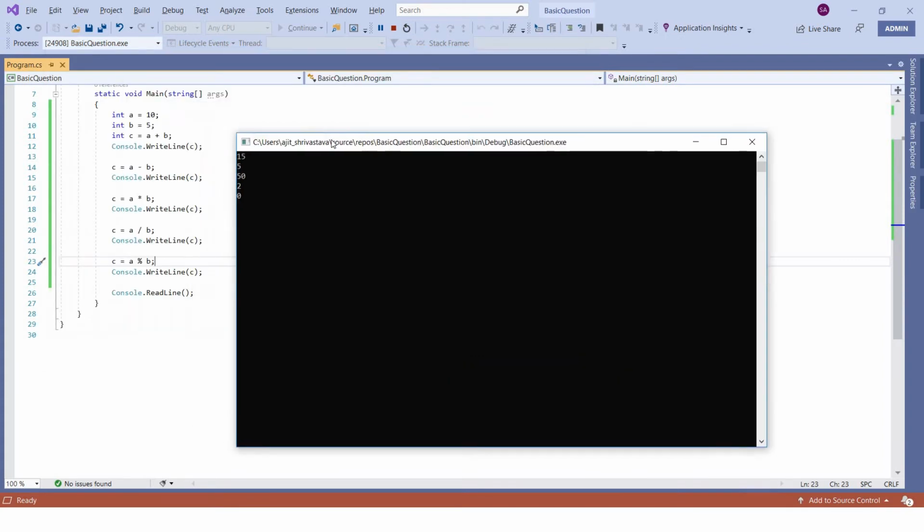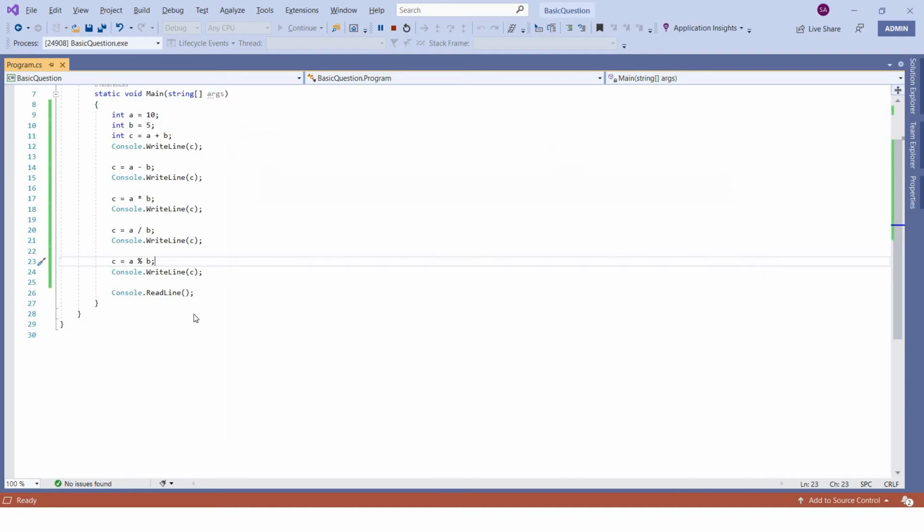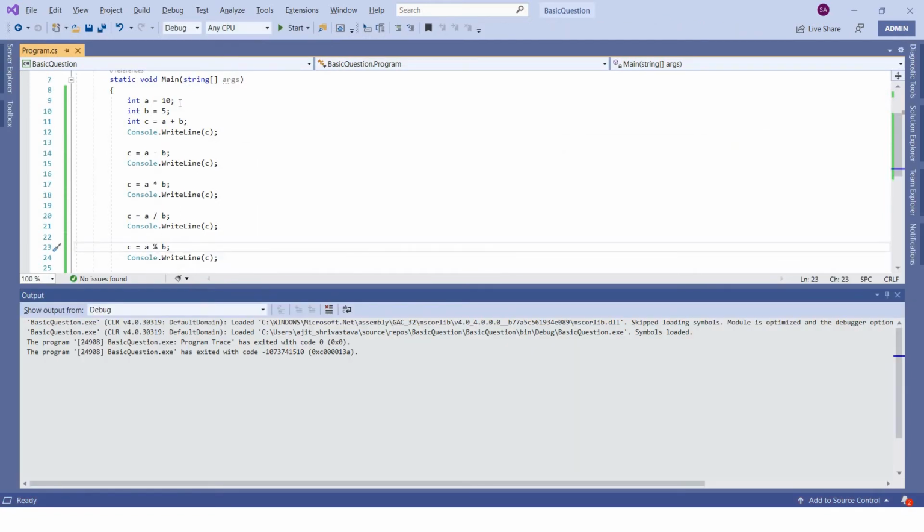As expected you can see a plus b equals 15, a minus b 5, a into b 50, 10 divided by 5 is 2, 10 mod b is 0. You might not understand why it is coming as 0. What mod does is it first divides 10 by 5.